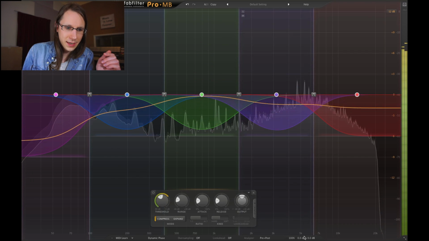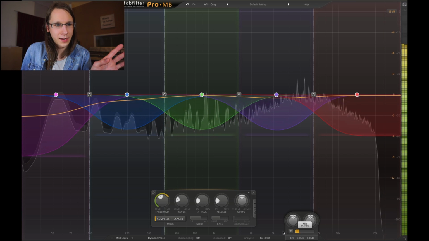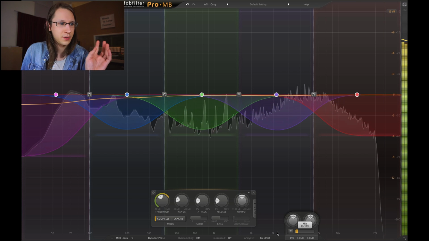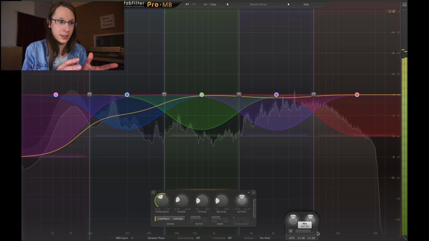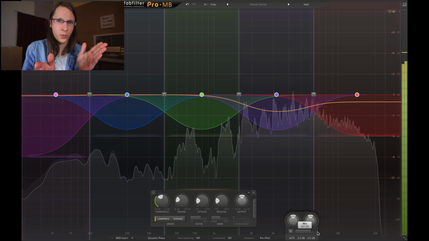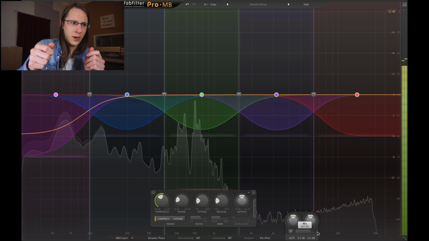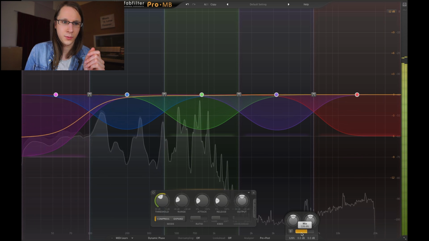And what we can do with the mix button is actually have the multiband react more or less. So when I drag this one down, now it doesn't react at all and I can have it react a bit. So this is different than a parallel compression where you mix the original signal with the processed signal. This is actually, well, I think it drags the threshold down on all channels, like simultaneously.